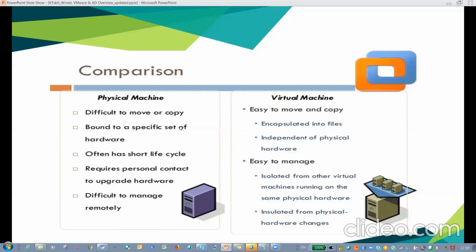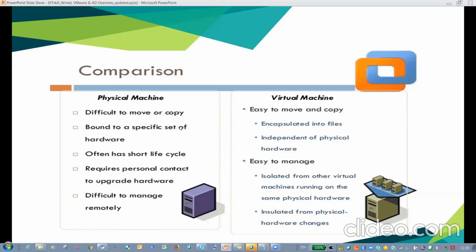There is also license expiration in the hardware, and it requires personal contact to upgrade the hardware. If there is a hardware failure, we always contact the hardware vendor, and it takes time to restore the services as usual. Managing remotely is tough, because for any issue we engage the vendor or on-site engineers.